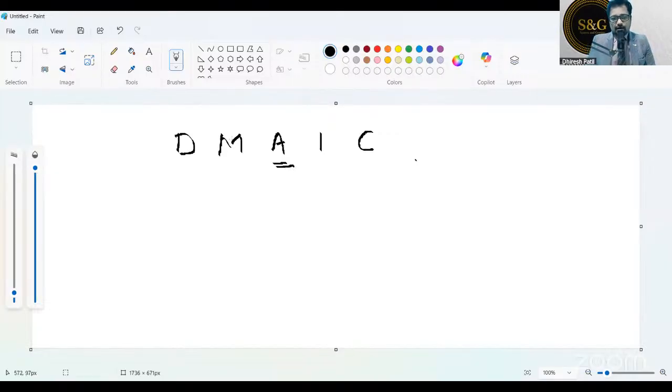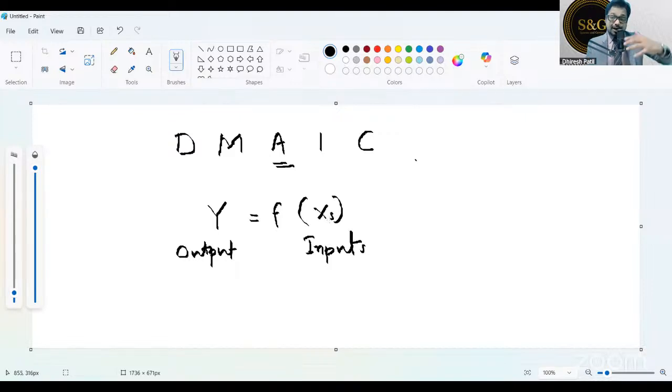In our define and measure phase, everybody's aware of Y is equal to function of X, where Y is the output and X is the input. There are multiple X's which contribute to one Y, one output. Let's say, for example, attrition in the company. Attrition is caused by multiple reasons. These are inputs, the factors which are influencing the attrition.